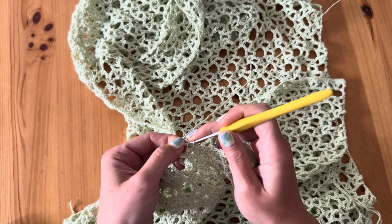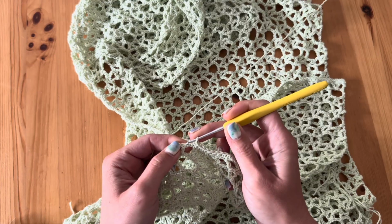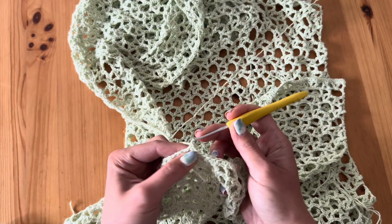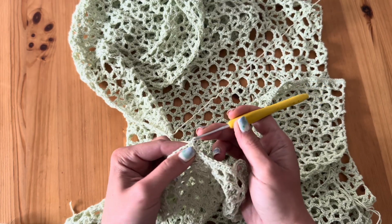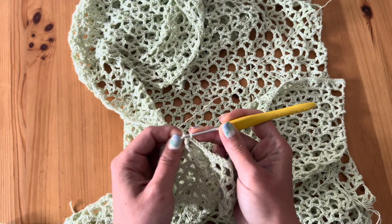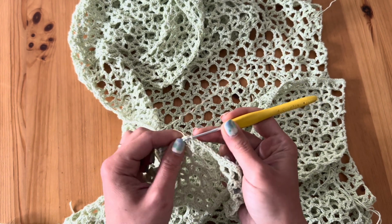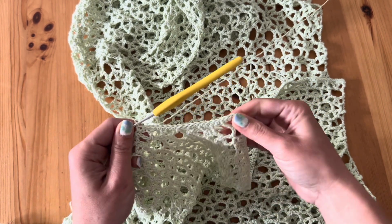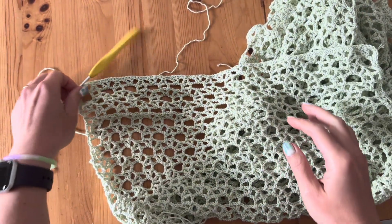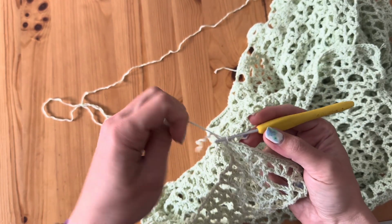Now let's just continue and work until the other bottom to finish 1 entire row, and then we will turn and work front post single crochets for the corners at the neckline. On the front post single crochet row I didn't work any increase, so I just front post single crochet into each stitch. Okay, so now I finished the first row in single crochet, and I will chain 1 and turn,